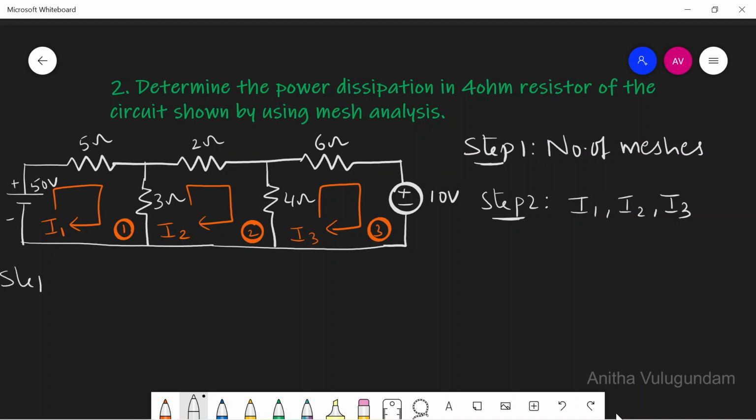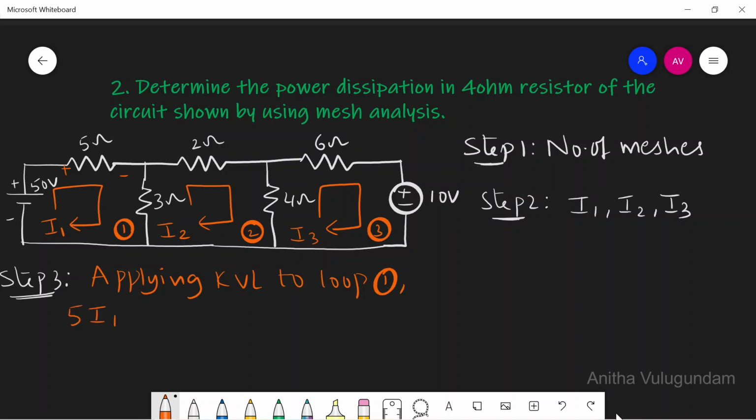Next, step 3 is to write the KVL equation for each and every mesh. So, applying KVL to loop 1 or mesh 1, we can write here. Always current flows from higher potential to lower potential. So we can write this equation as